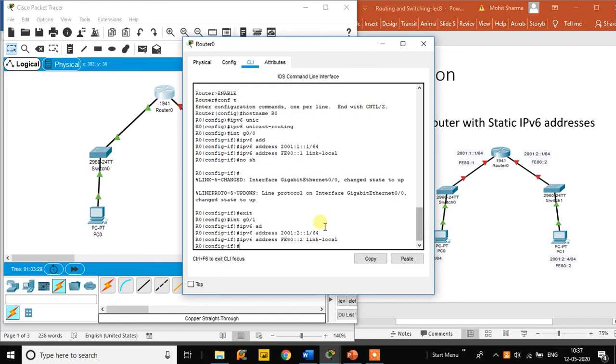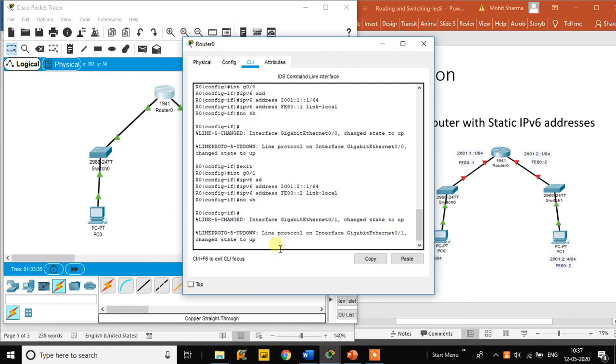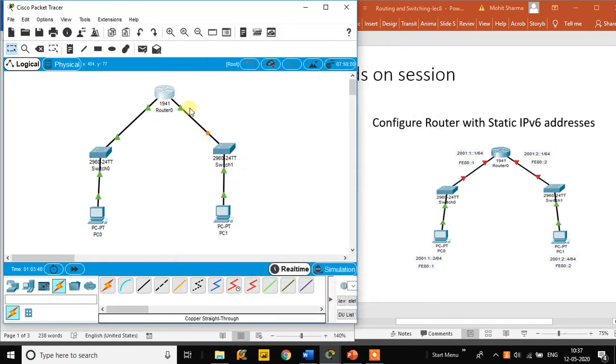So we have provided the global unicast address, we have also given the link local address, and then the no shutdown command to activate it. Now we have assigned the IPv6 addresses to both the interfaces.